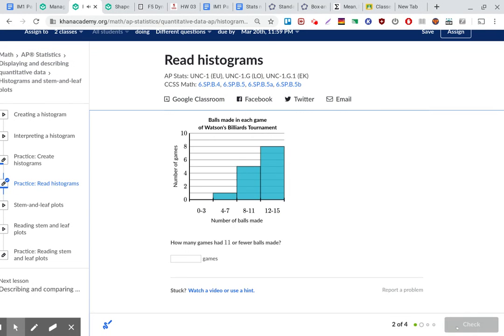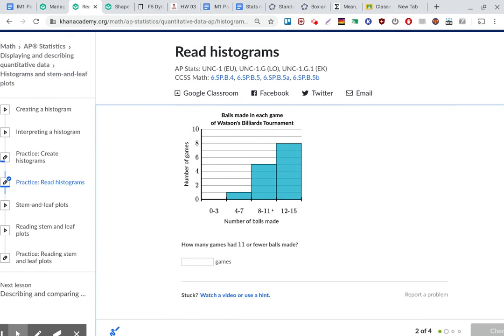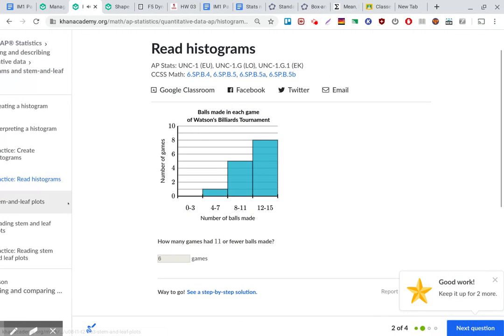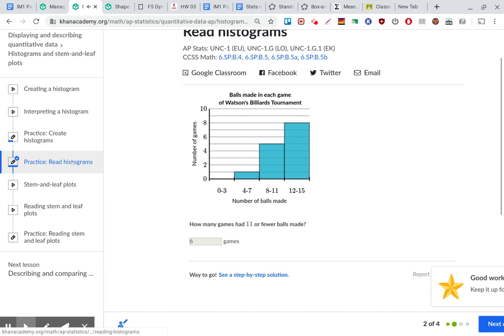I'll do one more, and that's it. This one is, how many games had 11 or fewer? So 11 or fewer, it's going to be this way. So it's going to be all of this bar and all of this bar. There's 5 of them here, and then there's 1. So it's going to be 6 games or fewer, right? All right, so let's just do those. And then the last one we're going to do is